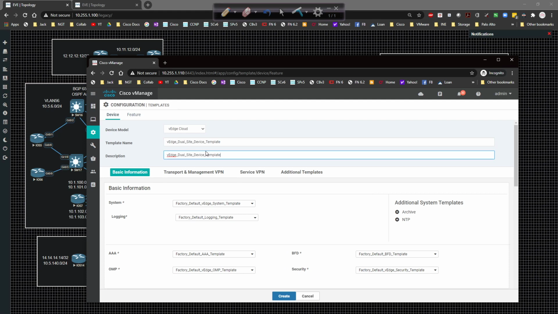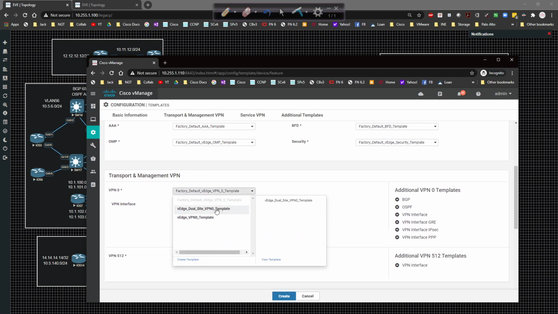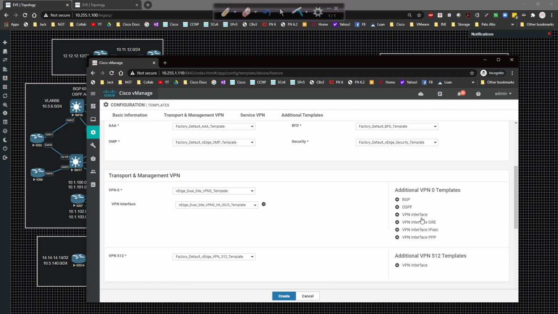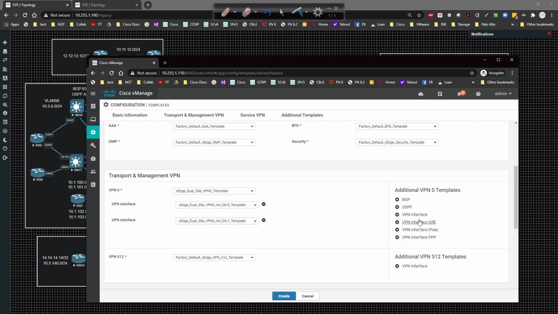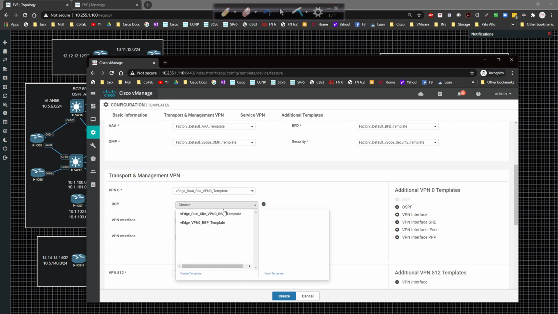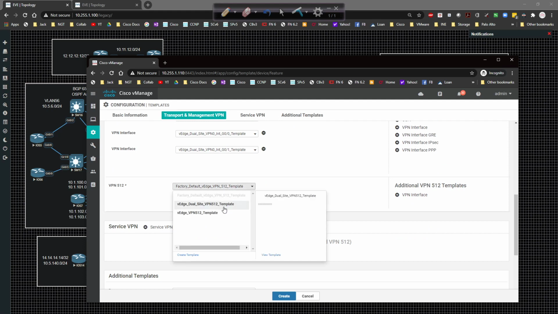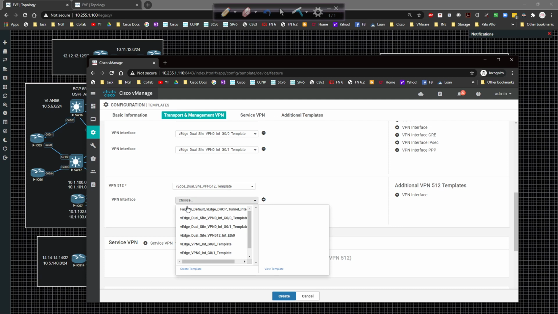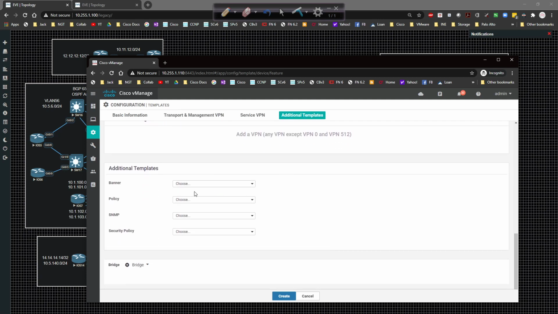Copy and paste, and then we're going to come in here and vEdge system template. VPN 0 will be dual site VPN. We'll grab dual site gig 0. We'll add an interface. We'll do dual site gig 01, and then we'll add BGP. We'll type in dual site VPN. VPN 512 will be dual site VPN, and then the dual site interface Ethernet 0, and the banner will be